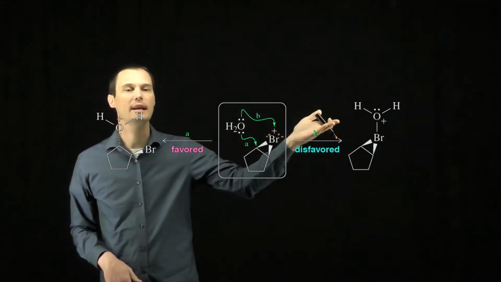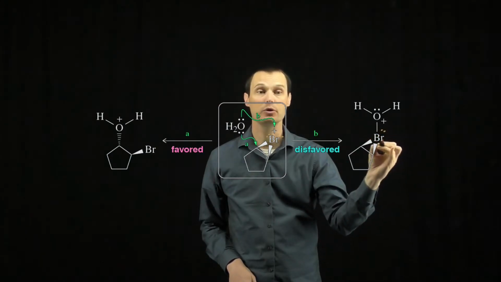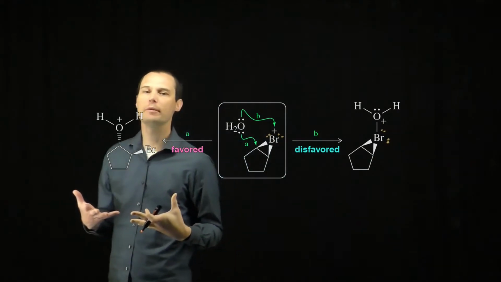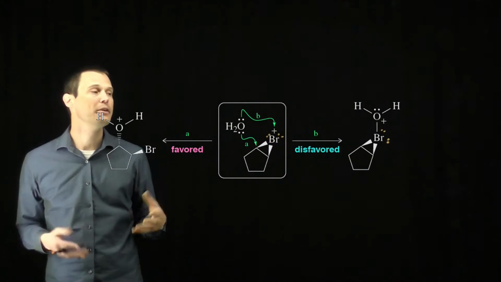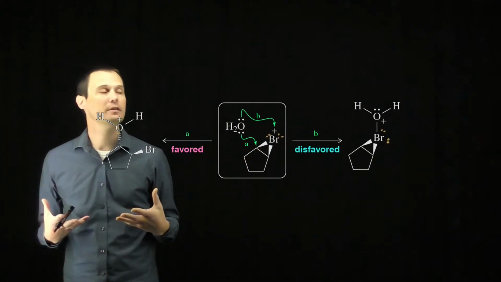If oxygen were to attack, bromine would still have 2 lone pairs. We don't have any arrows showing these lone pairs doing anything, and so that would end up being 10 electrons around bromine. Bromine would be violating the octet rule at that point. That's one reason. A better reason, perhaps, though, is to look at the carbon-bromine bond and consider the nucleophilicity and